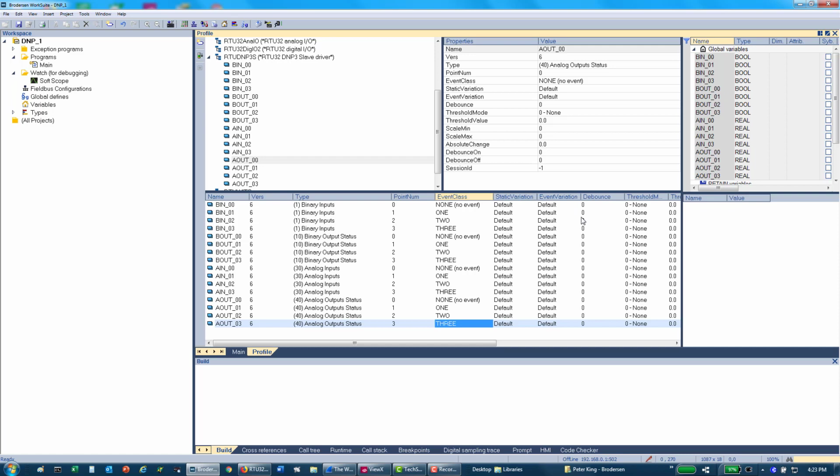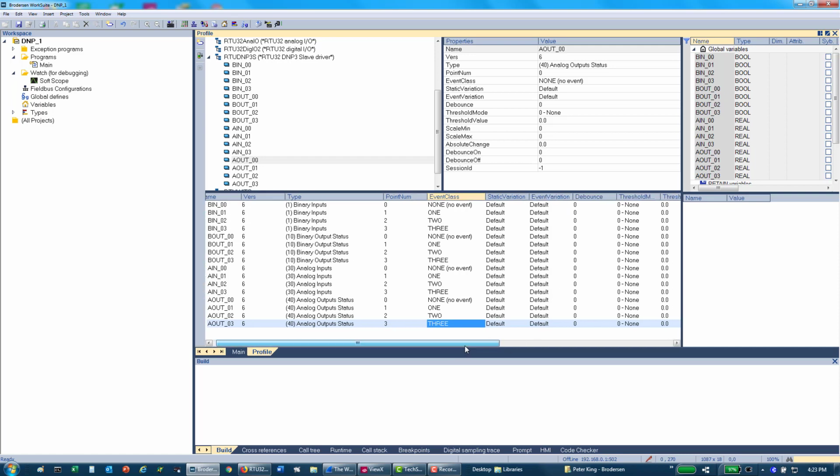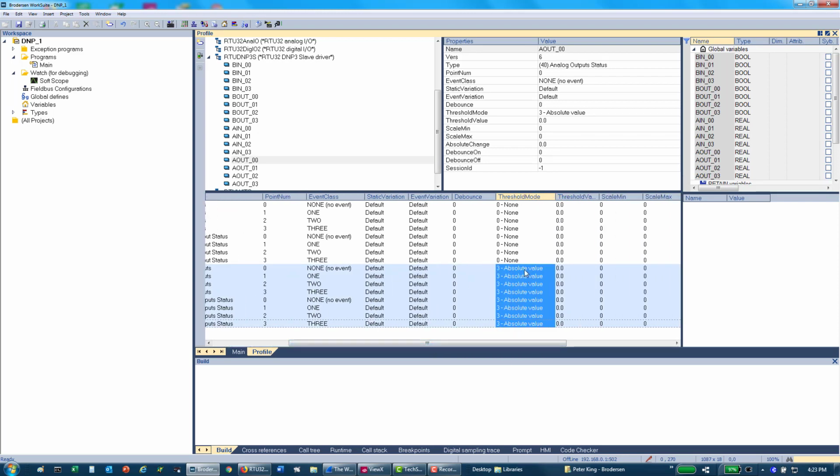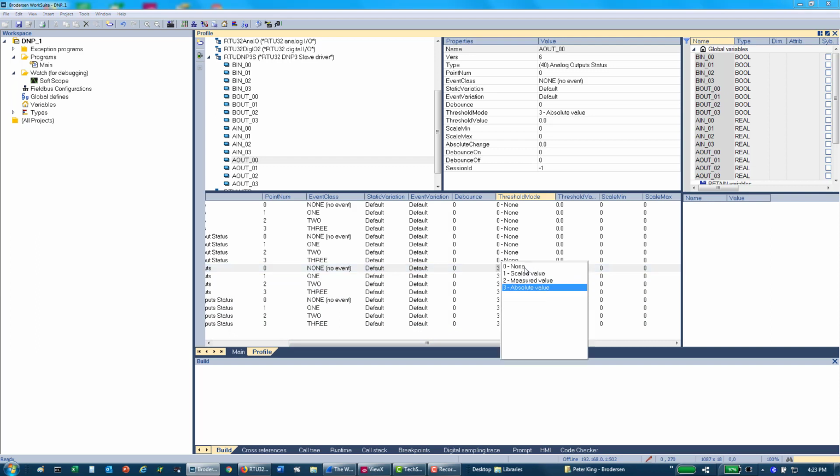I'm not going to put any debounce on my digitals, but I will put some thresholds on the analogs. Otherwise we could potentially be making lots of unsolicited events, as the analog values might bounce around if we were to associate them to some physical hardware. We have some different modes of thresholds. So if we just go back and look,